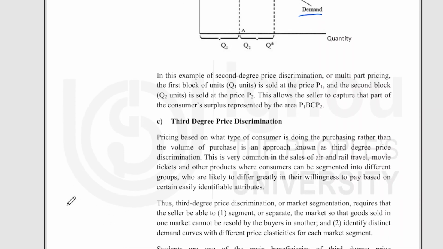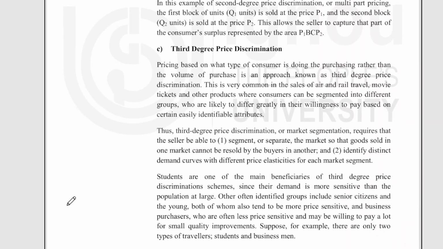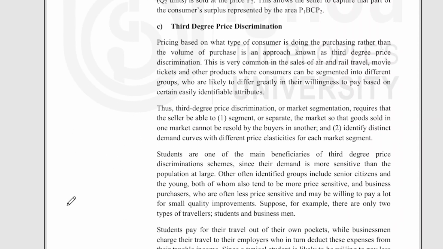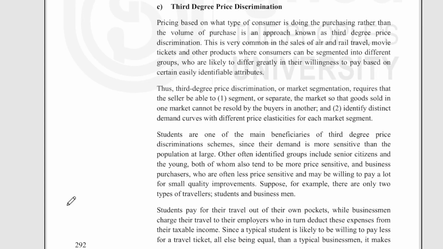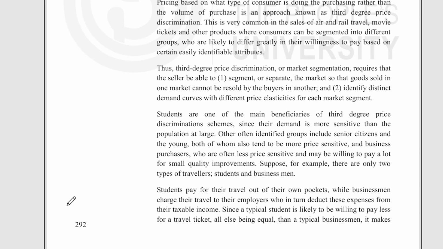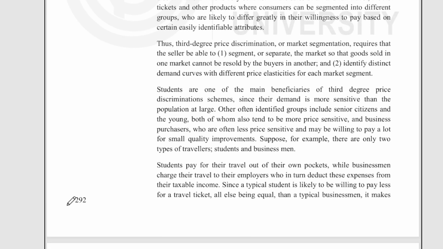Okay. So next one is third degree price discrimination. Pricing based on what type of consumer is doing the purchasing, rather than the volume of purchase, is an approach known as third degree price discrimination. This is very common in the sales of air and rail travel, movie tickets and other products where consumers can be segmented into different groups